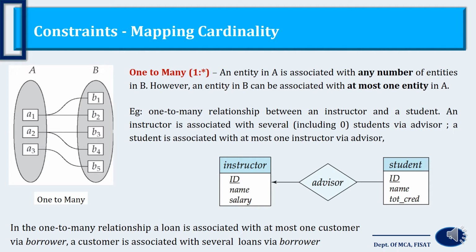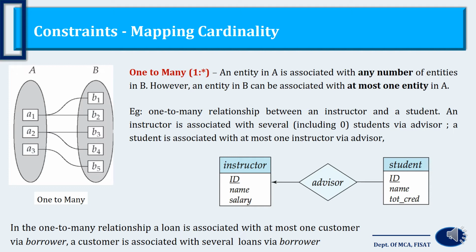So look at the diagram. The figure shows that towards the student we have an undirected line, which shows the many relationship from the instructor towards the student. And towards the instructor, the line is a directed line, from the entity student towards the entity instructor through the relationship advisor. The mapping is one, shown by the directed line pointing towards the entity instructor.